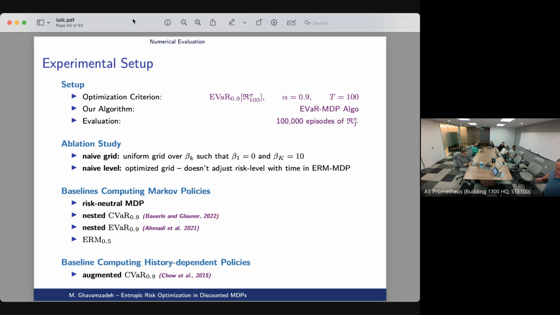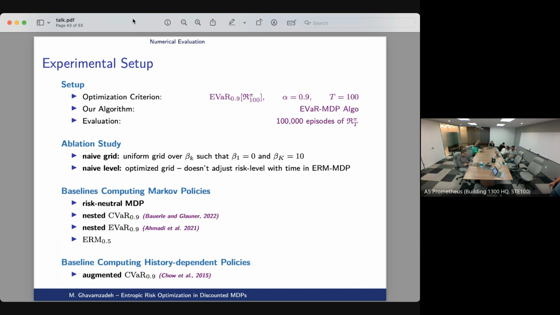And then the second part of the experiment is comparing to a bunch of baselines. Of course, one baseline is, you give me a risk-sensitive problem, I just pretend that I didn't hear you, and I solve the risk-neutral MDP. So that's one case. The other case is these nested problems. As I told you, the nested has these nice properties, like a Bellman equation, but could be far away. So nested C-bar and nested E-bar. And the other one is, I just solve the ERM and hope that ERM gives me a good result